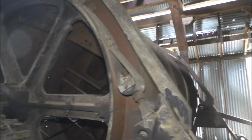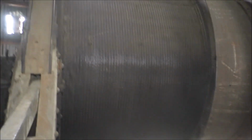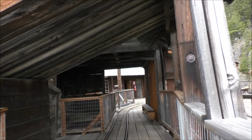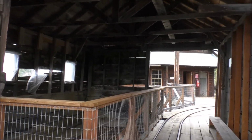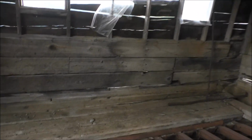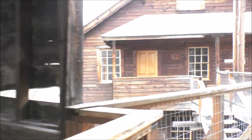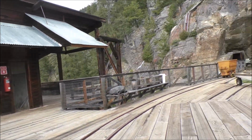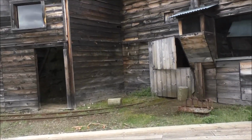Huge shaft and everything. There's the brake for the winch. Oh, it still works. Another ore dump here from the main hall level. We'll go down the main hall level, but there you go, the grizzlies and stuff in here. Top of this ore bin as you look down. Really, that ore, that's what they were mining, so it didn't clean it right up. There's a beautiful ore cart there. But you've got to see this really cool